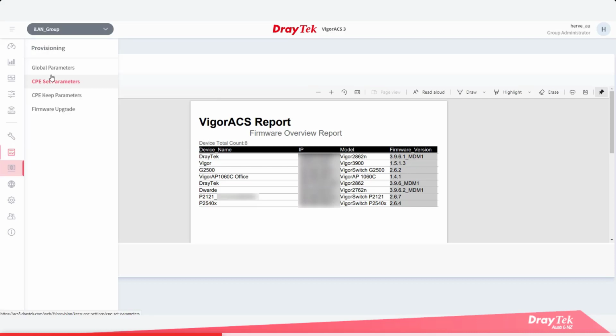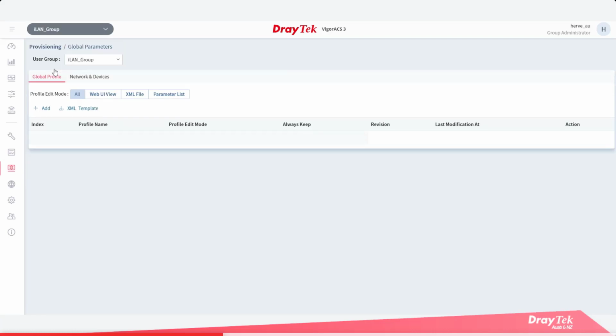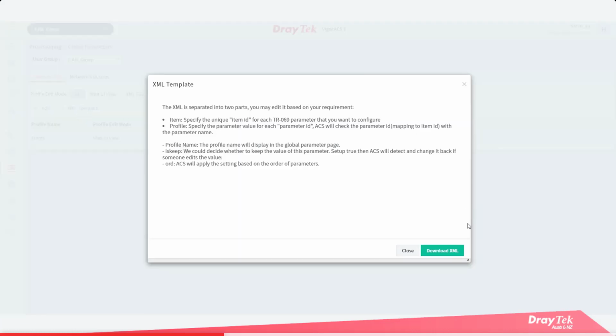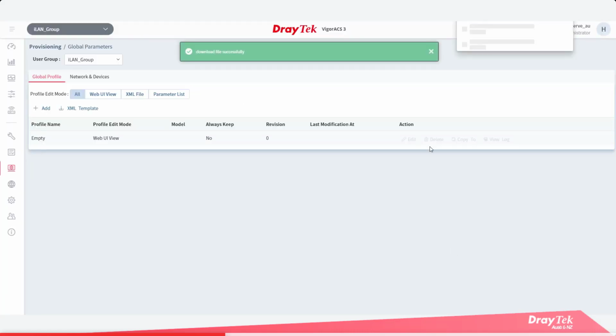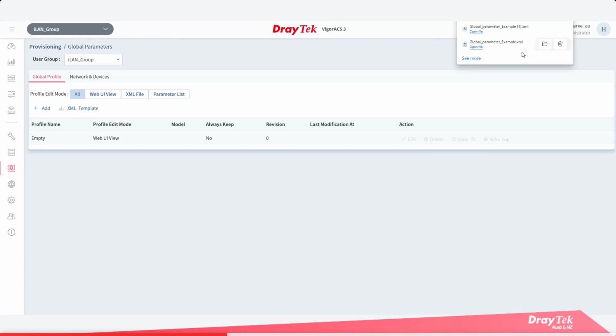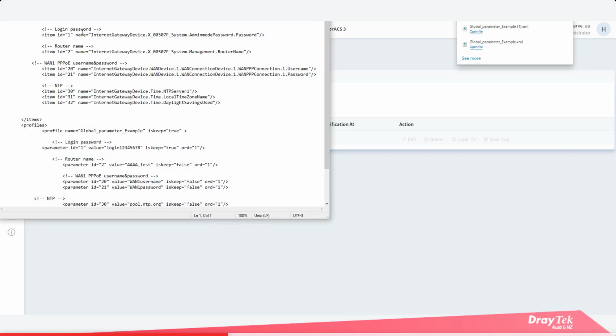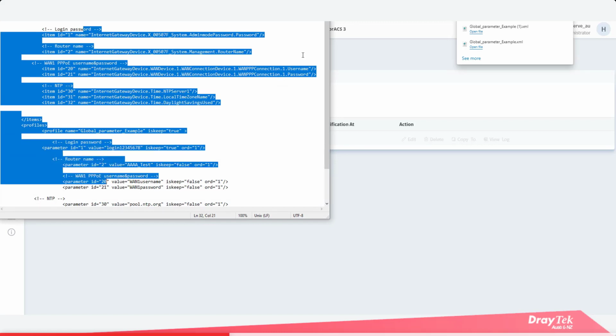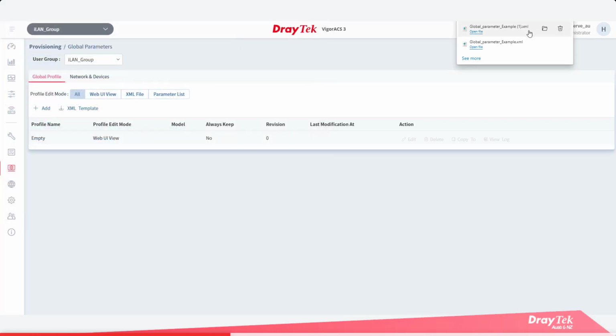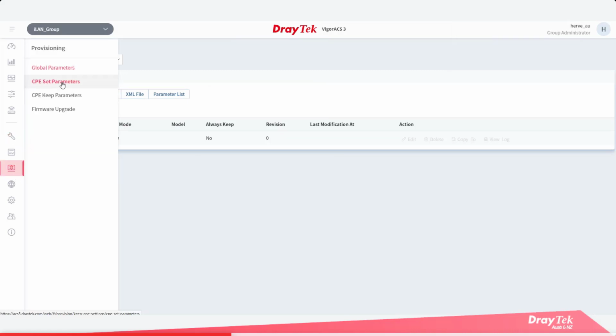On to the provisioning menu options. If you're familiar with XML scripts, you can import and modify those here for deployment of global parameters or to specific network devices. You can also see the CPE set parameters as well as CPE keep parameters, which will restore any parameters which have been changed on the remote router without authorization. The keep parameters will be restored every now and then by the ACS server in order to maintain the integrity